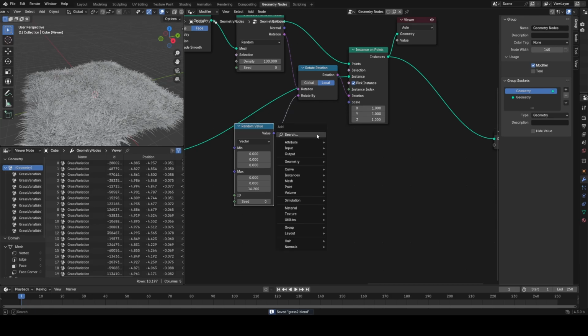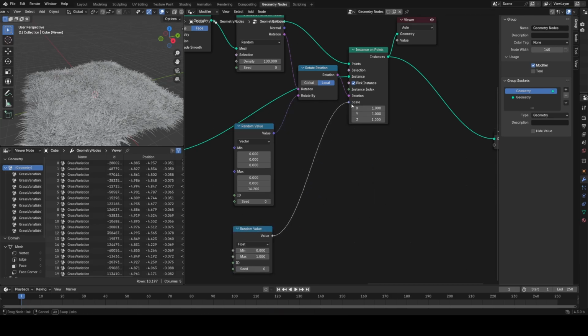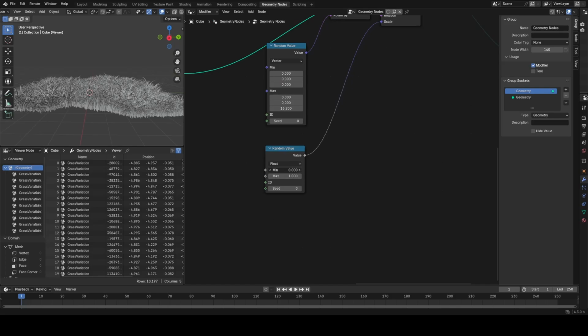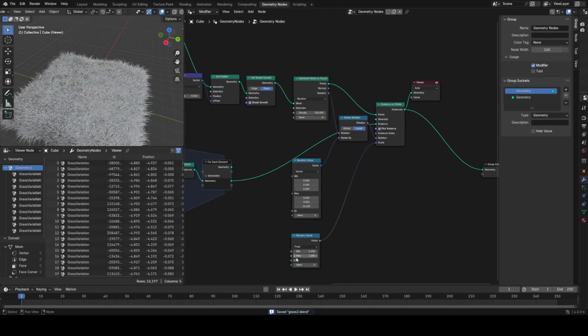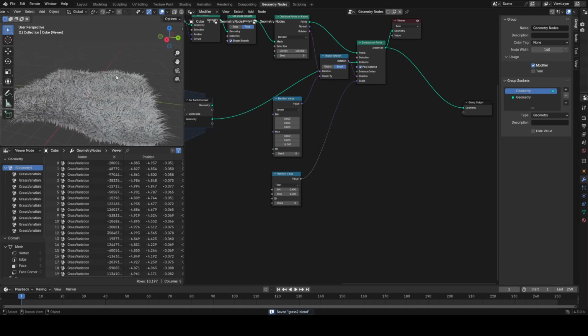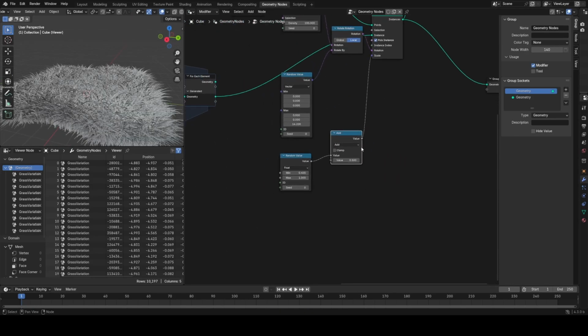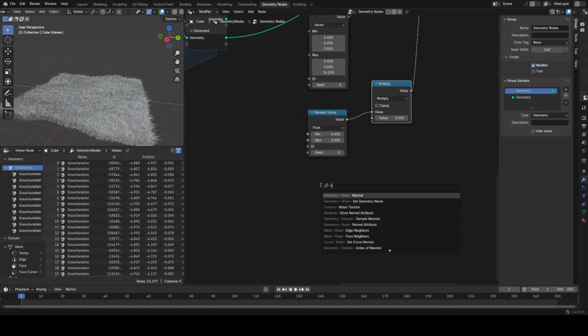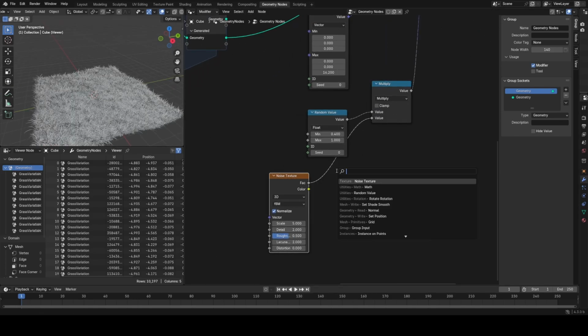And in terms of scale, I'll add in another random value as well. Plug that in, make sure it's a float, and set the minimum to like 0.4 or something. And what I like to do is multiply this by noise texture so we get some overall variation. You don't have to, but I like to do it. So I'll go ahead and drop in a multiply, grab a noise texture node, plug that into the factor, and